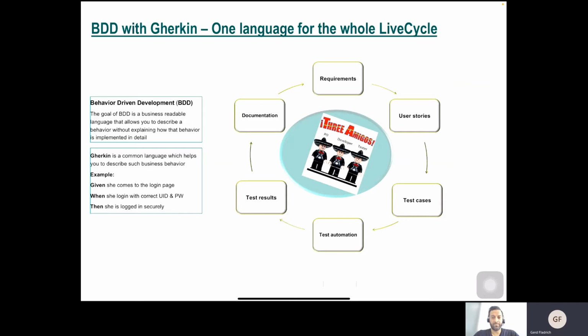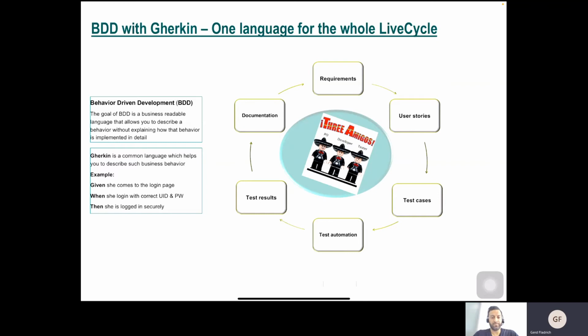There are tools which can interpret this given when then, and then you can easily do a test automation with the same sentence. So it's still the same naming conventions, the same language. So you do the test automation, and you can also run this as a manual test, but you can have a test automation with Gherkin.